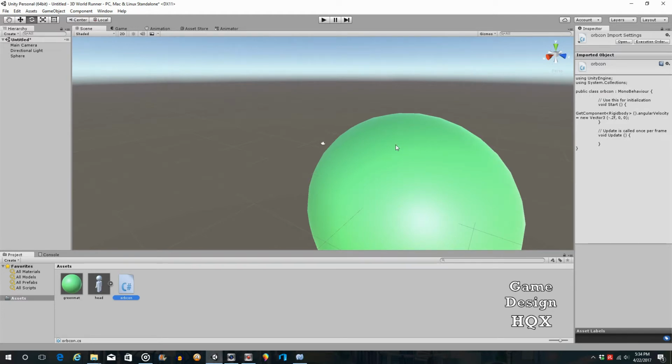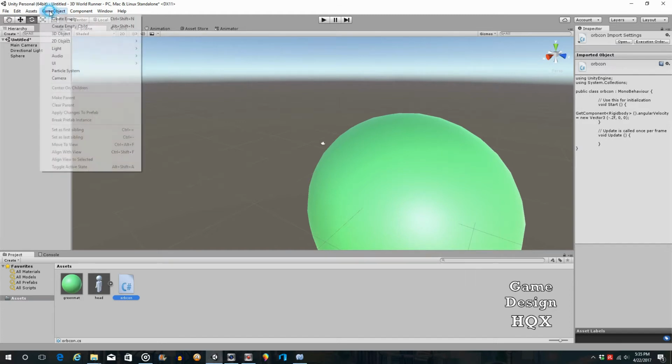So since they're attached to the sphere, they're all going to be attached to the sphere. When the sphere rotates, everything else rotates. So you don't have to do any kind of complex calculation. The rotation is going to be taken care of for you. So it's a very powerful feature. And the way you do it is you just drag and drop the objects that are to be attached onto